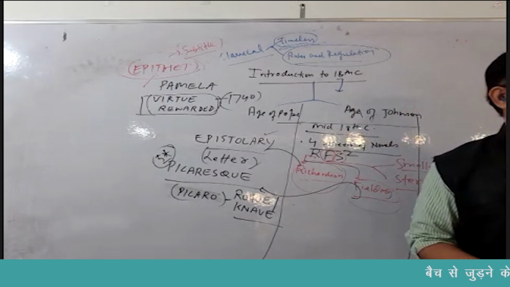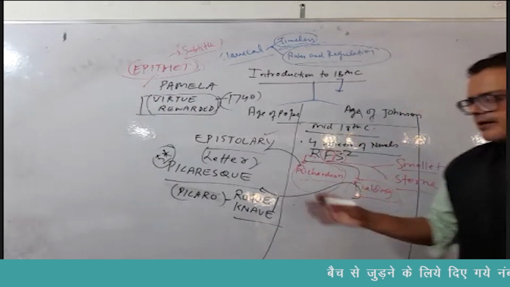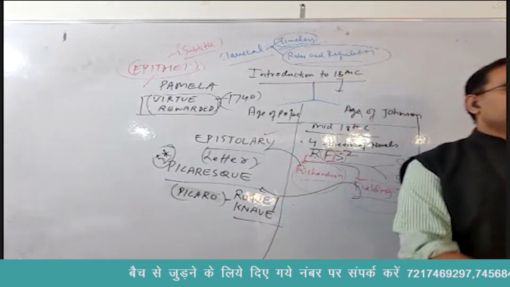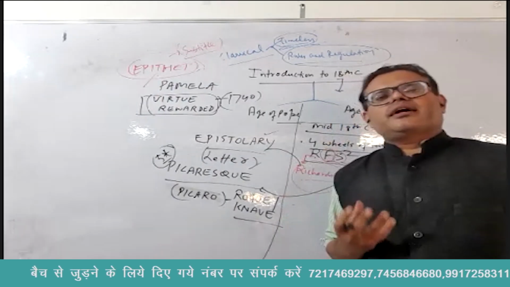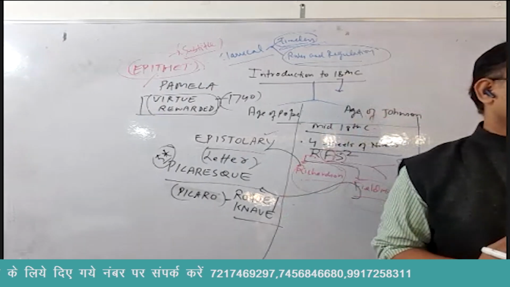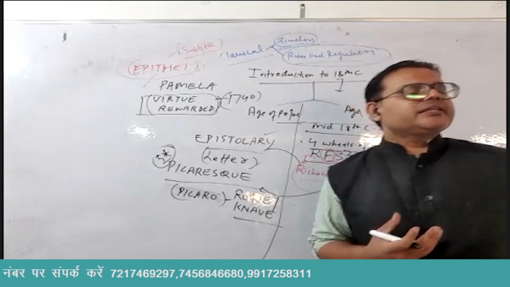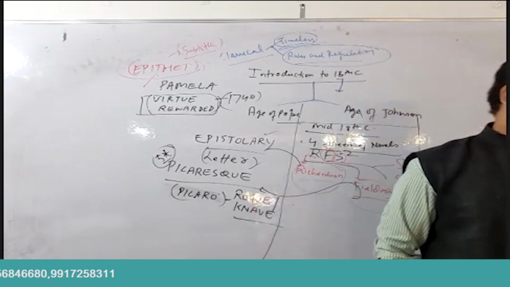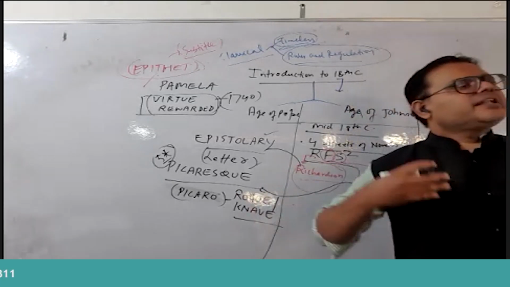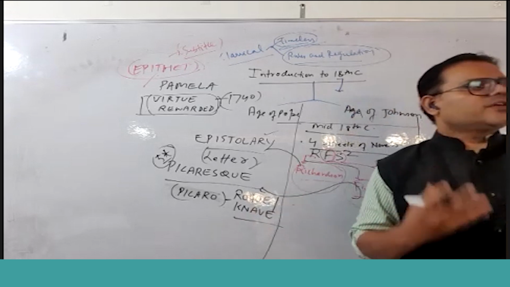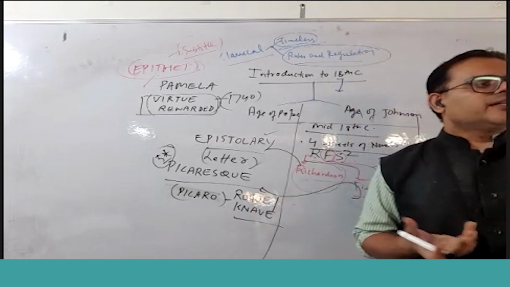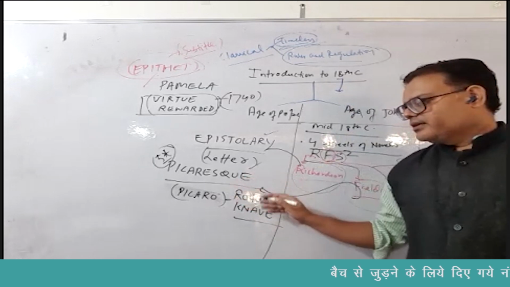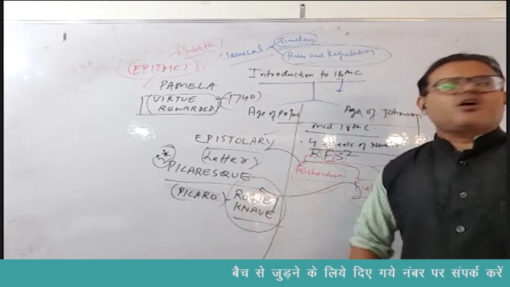Okay, criminal. So that means in a picaresque novel, the hero is not exactly a hero. He is actually a kind of anti-hero. Now another word is coming up, anti-hero. Anti-hero is a hero with certain villainous qualities. He has certain negative shades. So that is what you call as anti-hero, and that is what you call as picaro or picaris. That is what you call as a rogue or a knave.